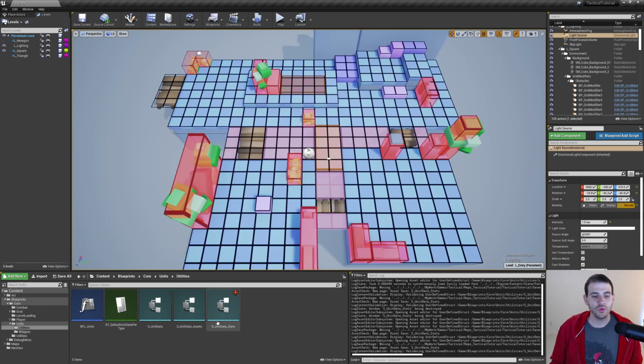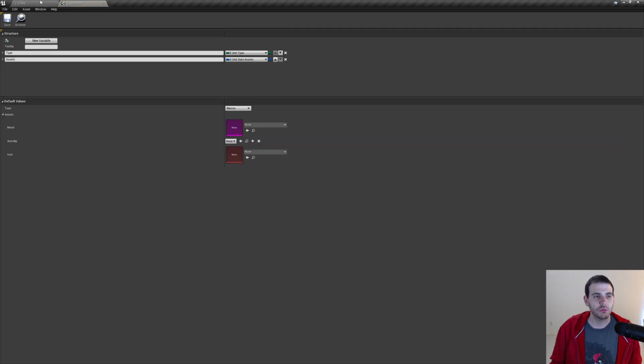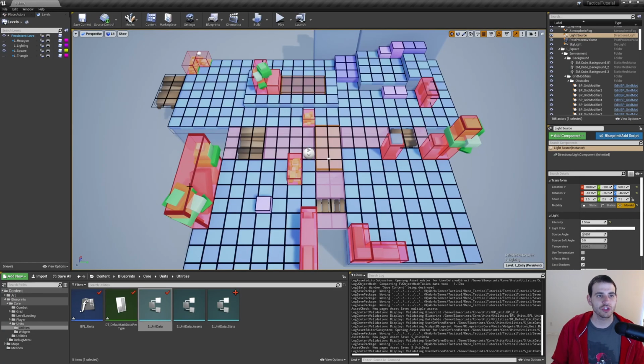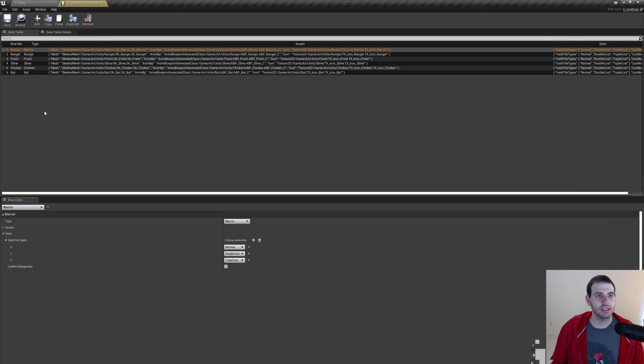And now we need to add this structure inside the SUnit data to be able to edit it in the data table. So I'm just going to open that one, create myself a new variable for the new structure. So the variable is of type SUnit data stats, and I just named it stats. Now I can save and close the structure and go inside the data table to set all the default values